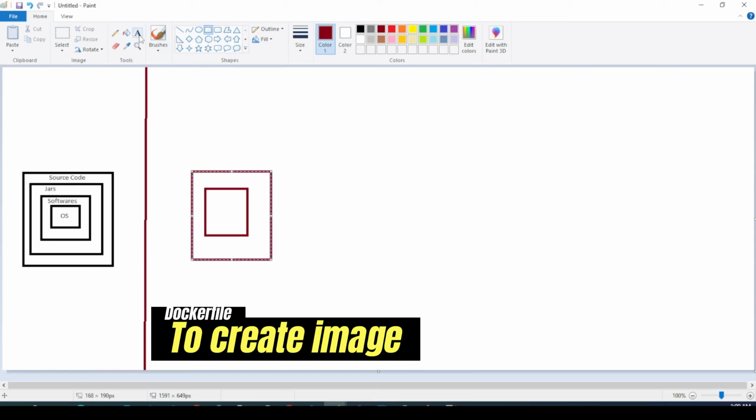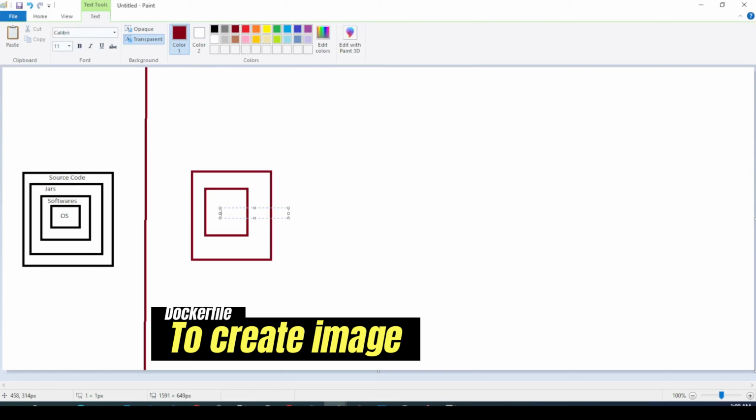So let me mark it. OS, softwares, and on the second layer war file plus dependent files. Okay,